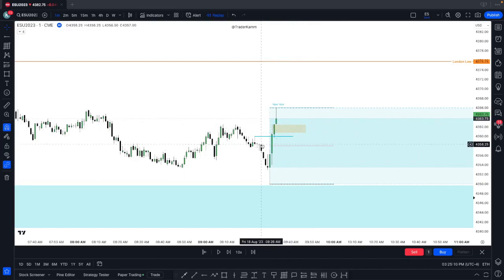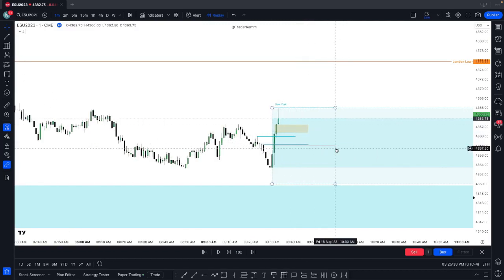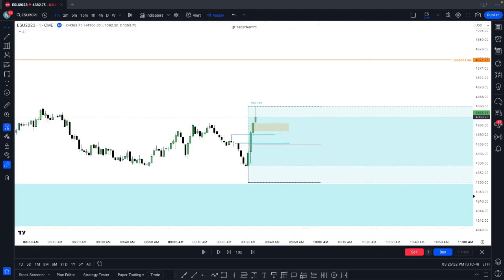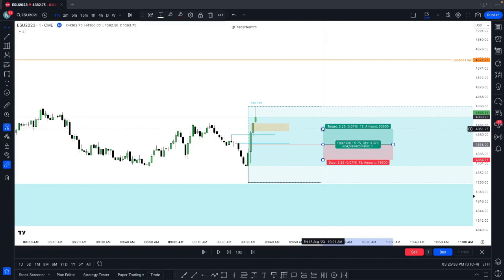You could look at, let's say if you're an order block trader, this order block. It's not quite at 50%, but it's close enough. So it just depends on your trading style, but you need to have some kind of inefficiency above your market structure shift, above the high that creates the market structure shift, to be a true shift in structure. So I'm going to go long here, and